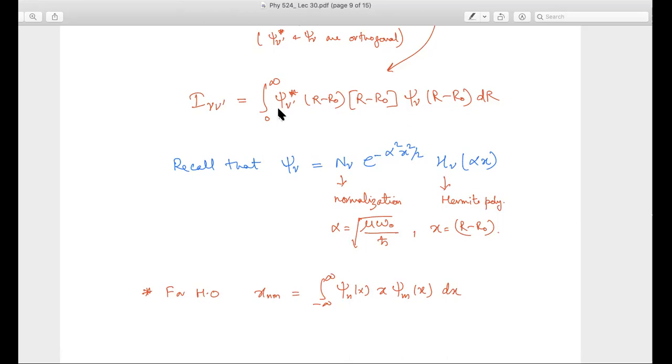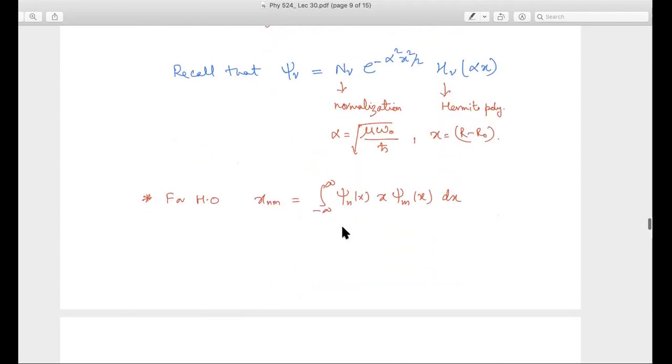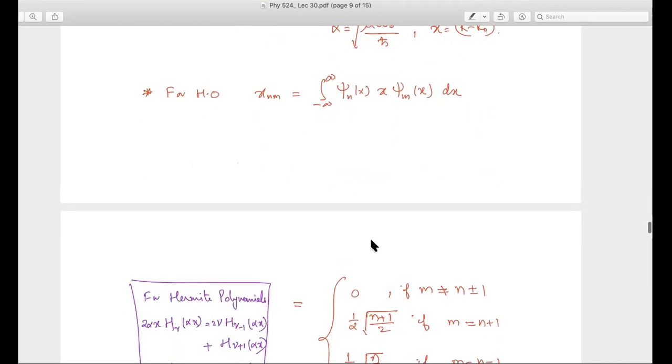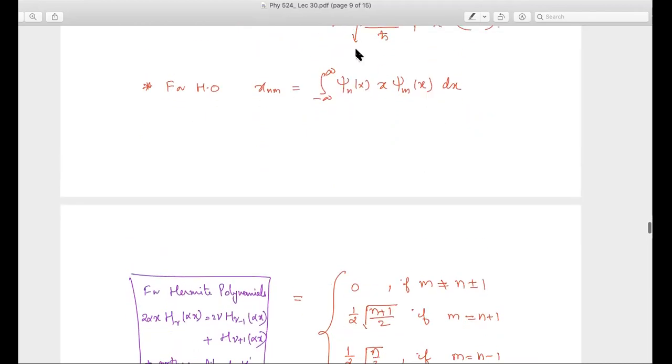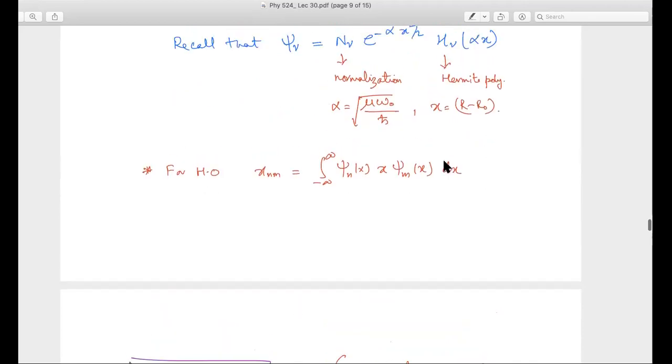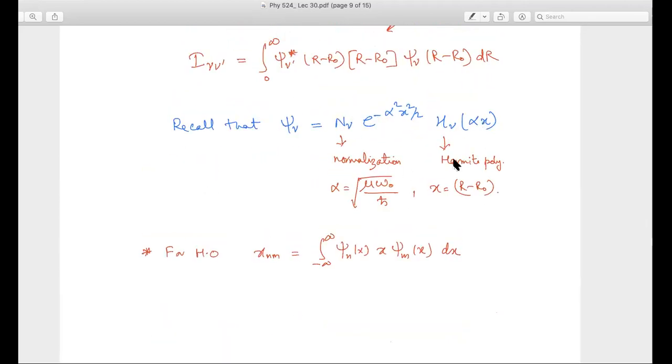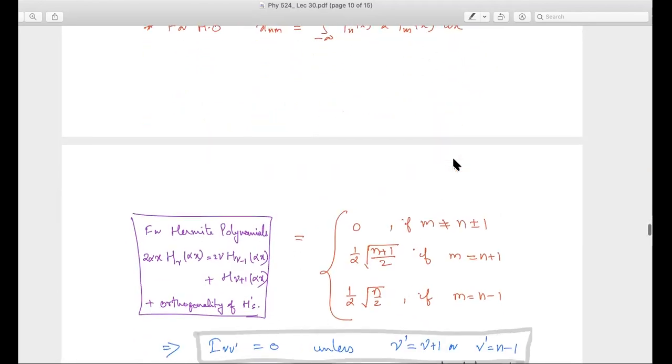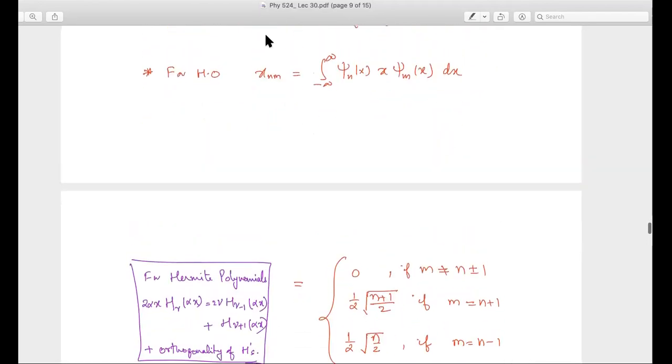So without any loss of accuracy, I can convert this integral limit from minus infinity to plus infinity, because I already know that at minus infinity all the wave functions will go to 0. In fact, all the wave functions are centered around r naught. So it is identical to this calculation, with some minor approximation. And this you can easily calculate by plugging in this formula and using the properties of the Hermite polynomials. Okay. And if you calculate this, you